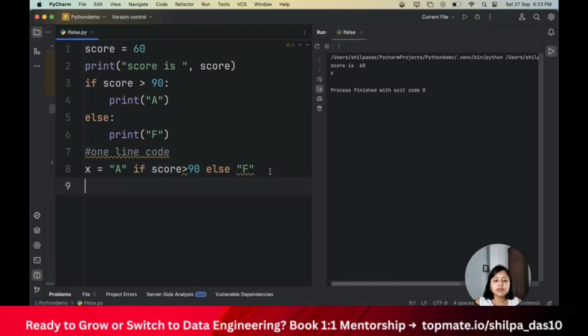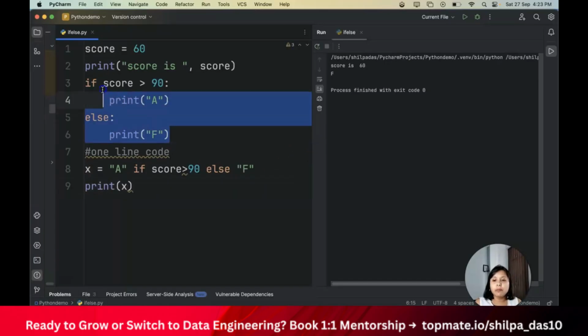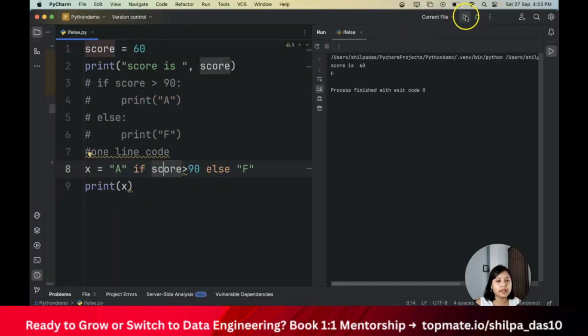So in this, I will print my X. Okay. So let me comment this particular part and show you just the print of X. You see, now my score is 60. 60 is not greater than 90, so it's printing me F. Okay, so it's working fine. Now if I use 100, then 100 is greater than 90, so I will print